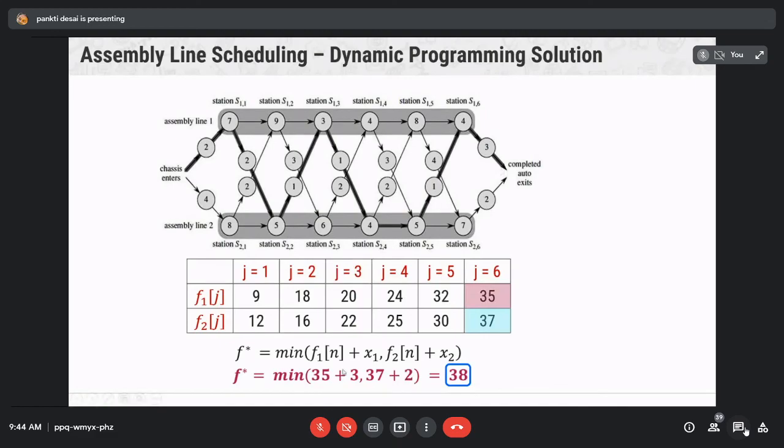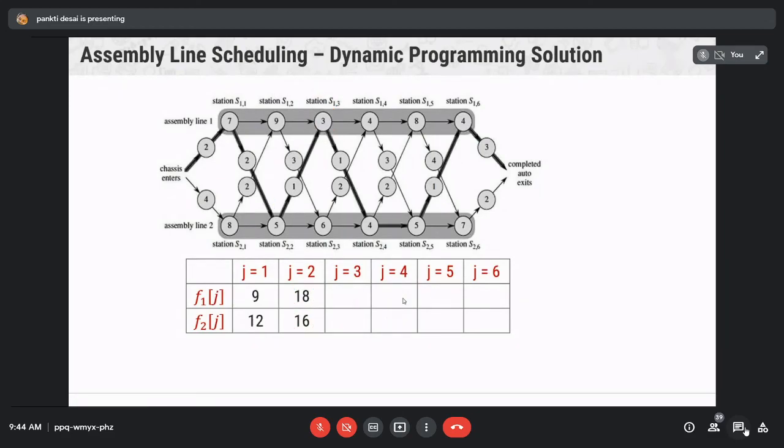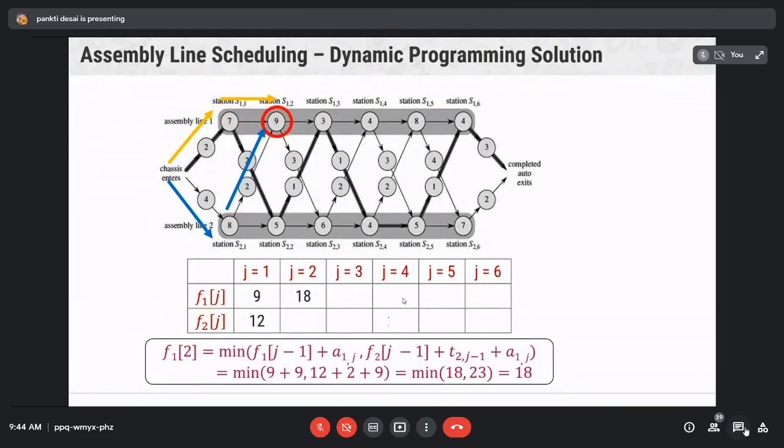And in your notebook you have to write down all the calculation for each and every step, because these questions will be asked for 7 marks. So you have to show the computation for all the values of F1J and F2J. Don't write the table directly. You have to write down the steps for each and every table value like this. You will have to write all the steps this way.